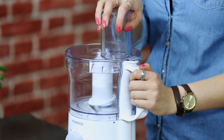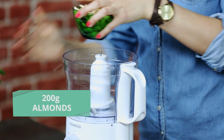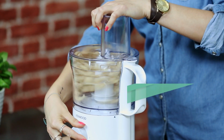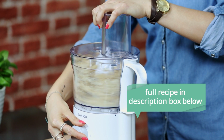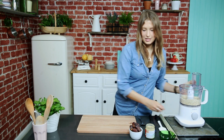So the first thing we're going to do is blend the almonds. We're going to use a food processor for this. We're going to use 200 grams of almonds. I'm just going to start by popping these in by themselves and giving them a whiz. So once that's done, I'm going to pop the food processor to one side and we need to pit the